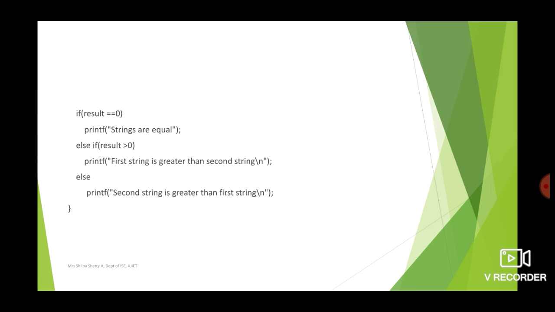If it is a negative value, it means the first mismatch character of the second string has a greater ASCII value compared to the first one. So we come to the conclusion that the second string is greater than the first string.